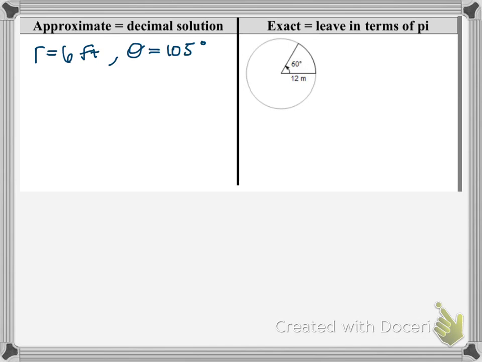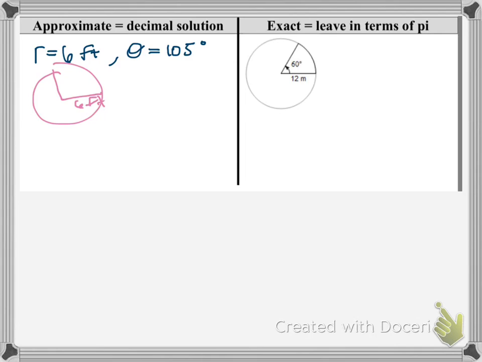Let's try two problems. The first problem we're going to leave as a decimal solution, and the second problem we're going to leave in terms of pi. So for the first problem, we're given a radius of 6 feet and our theta of 105. So let's first start by sketching what this looks like. Okay, we know the radius is 6